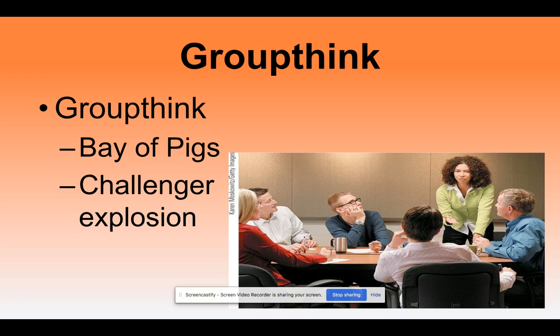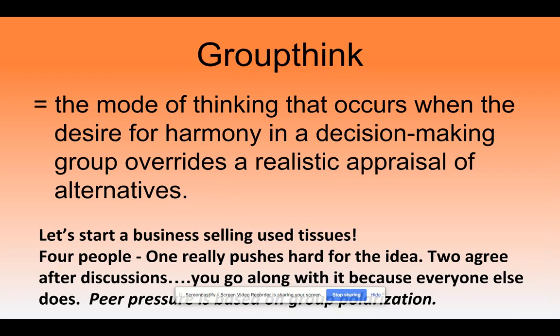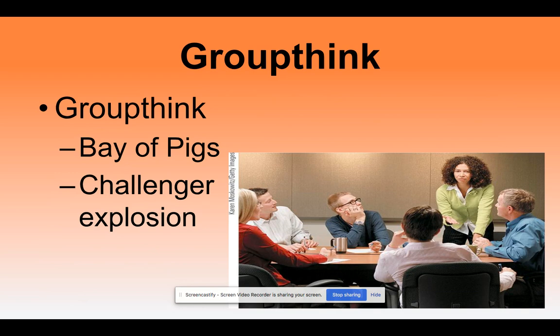So groupthink is about the group making a decision, but not really looking at all realistic alternatives, and people wanting to go along to get along. And it can cause some serious problems, like the Bay of Pigs invasion disaster and the Challenger explosion. So these few influencers really impact how we respond and how we act in a group.